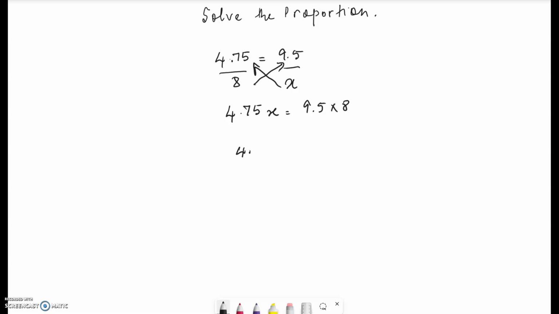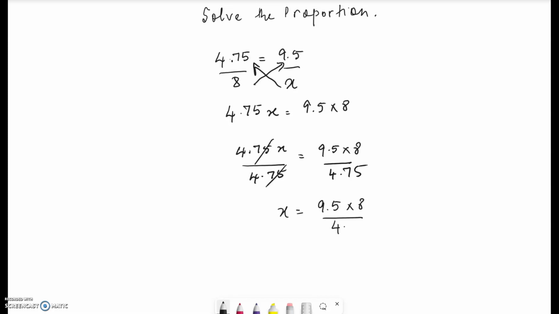We need to first solve for x, which means get x by itself. And the only way to do that would be by dividing both sides by 4.75. So what we have is x equals 9.5 times 8 divided by 4.75. Now we just have to simplify the right-hand side, and one way of doing that would be to get